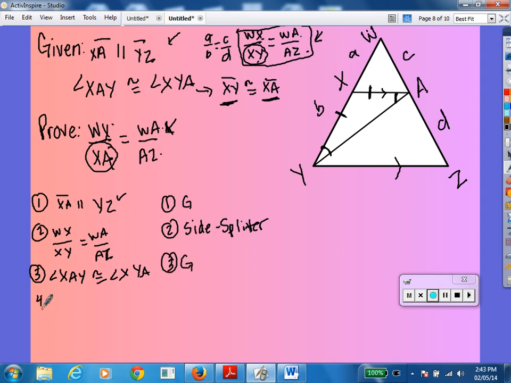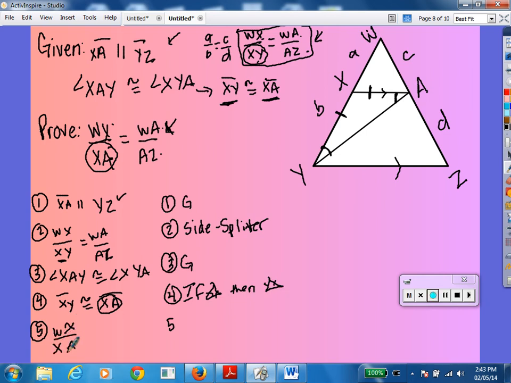And then we went out of those. That gave us that isosceles triangle. So we said that XY was congruent to XA. And that was statement 4. And we're done because we can take this XA and put it right here for XY, which was that statement there, and we can prove that. So we're done. Oh, wait, let's say if angles, then sides. Okay, now we can write our given WX